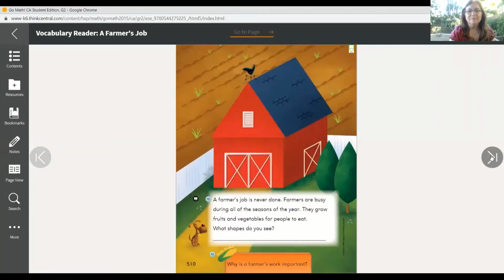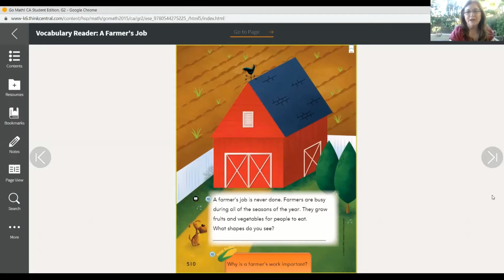So it talks about the different shapes, and it asks you, what shapes do you see? You probably see triangles, and there's a triangle and a rectangle, and this is actually a parallelogram, and these trees